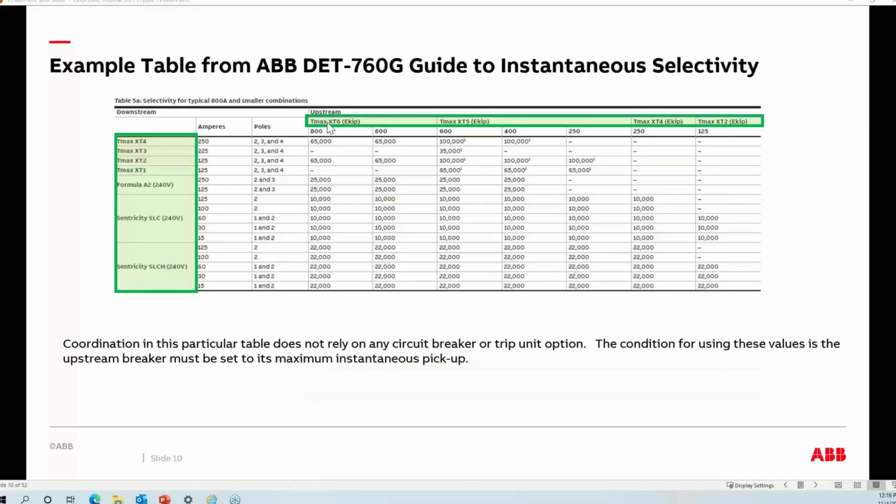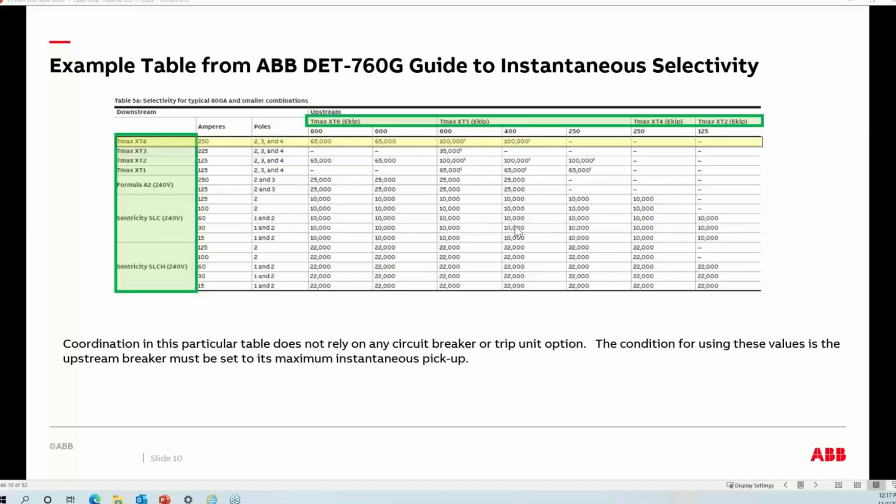Now we go to the top. This is listing, what I've highlighted now in the top, a specific breaker type, the frame type, and then listing the family of trip units that you could use with that breaker that are valid for this selective coordination. Now, one row underneath the upstream breaker family listings are the sensor options. If you're not already familiar with these tables, I'm trying to make you sensitive to the fact that the selection of these breakers is very specific to the things we've already discussed, but also even the sensor size that is with that breaker, because in some cases a breaker can have various sensor sizes. So as a quick example, let's say we have this breaker called the T-Max XT4 as a downstream breaker,